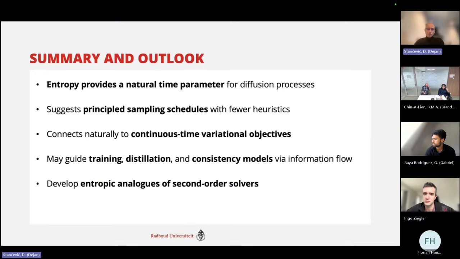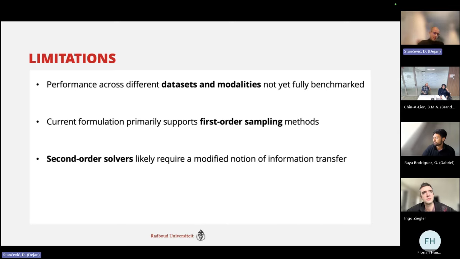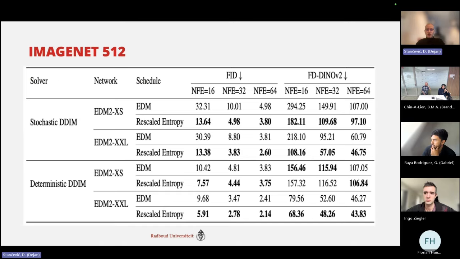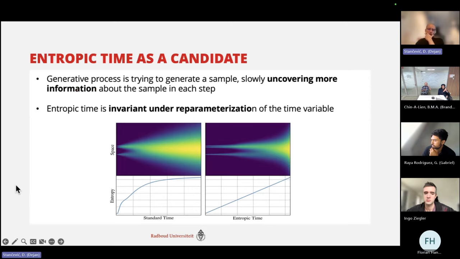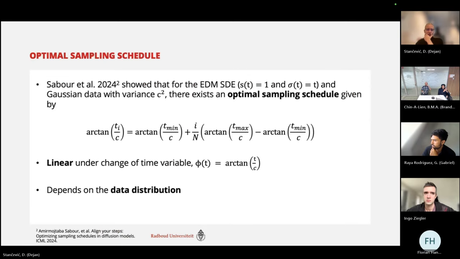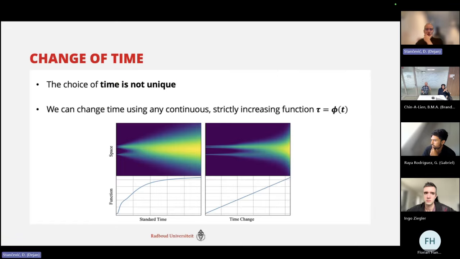So the problem with using entropic time, compared to sigma or signal to noise ratio or log SNR, is that all of those quantities have nice expressions. So you're in control of them. You define your sigma, and your log SNR has a nice expression in terms of sigma. So basically, you're just looking at sigma in the end. All of them are connected to sigma. Well, entropy depends on your data set, and it's quite unclear how to have it in many expressions. So I would say it's not as nice a quantity to have in your formulas. You have sigma or log SNR, but